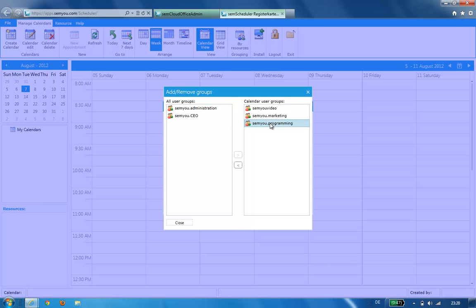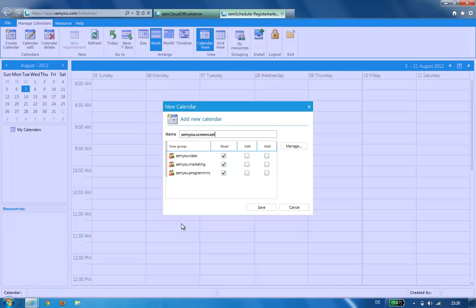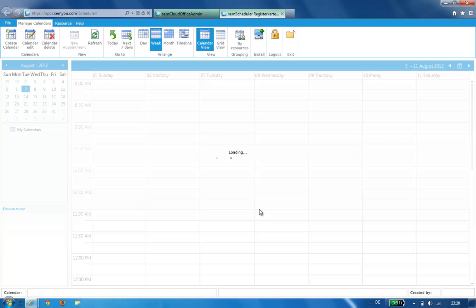And we can also remove it by clicking on the user group and on the arrow, but I want to have the colleagues of semYOU programming in this calendar. Click on Close. Now here we can add user rights by ticking the corresponding boxes, and if we're finished we are clicking on Save to save the calendar,